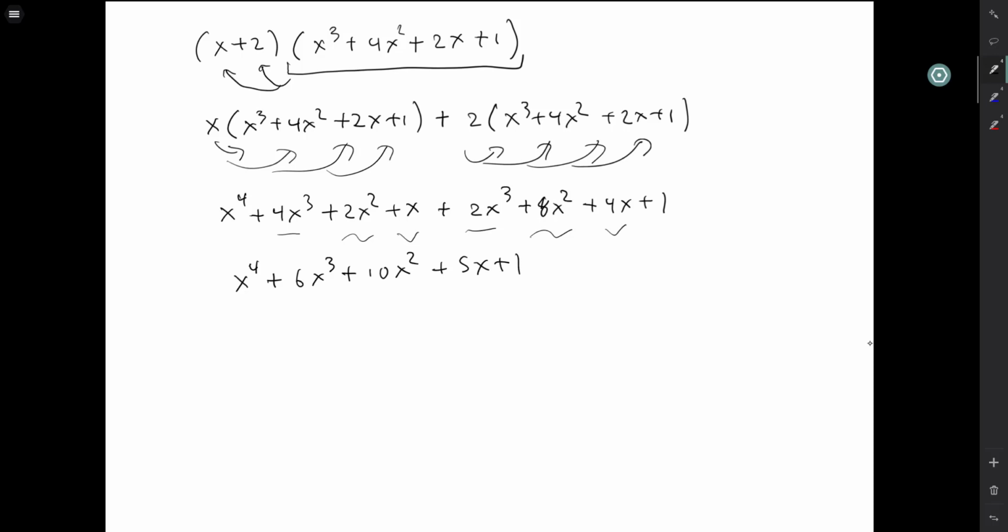Now, on top of regular polynomial multiplication, it will be helpful to recognize some of the popular products or popular factoring rules that we're going to be faced with. If I have x plus a times x minus a, you can multiply this out, but you also may recognize this as the product that gives us a difference of squares. So this always works out to x squared minus a squared,